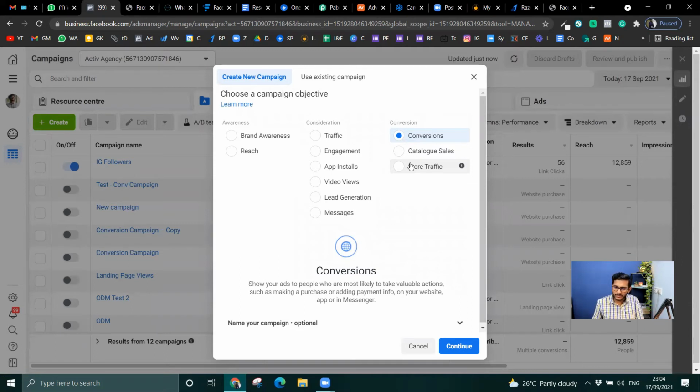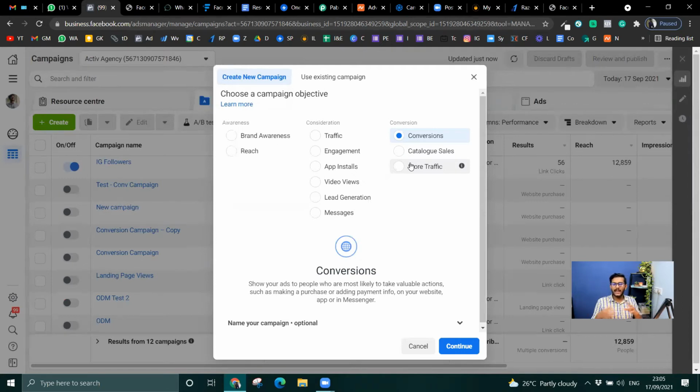Why am I going to conversion campaign? I'm going to test the conversion campaign because this is a free workshop and I would expect people easily coming into it. I would not expect them to not register. So that is the reason I am going with conversion, and I feel that people can quickly, as soon as they see the ad, register fast. That's a confidence level that I have, but I might be wrong. Again, this is an experiment, as I said, to show something for you guys to understand. So in case I might be wrong, people will not even be interested.